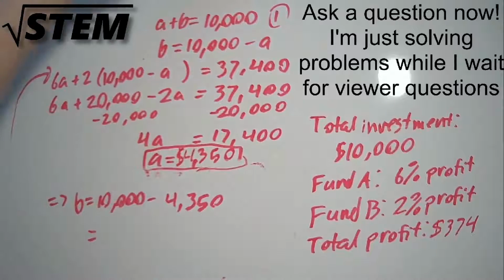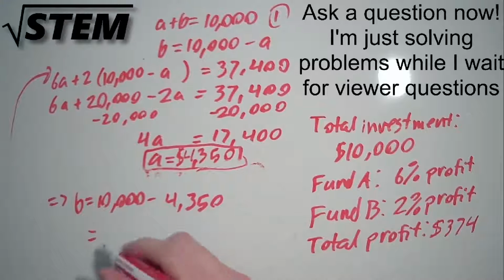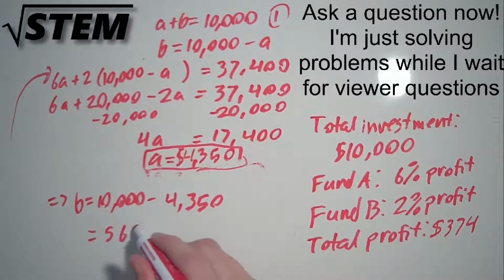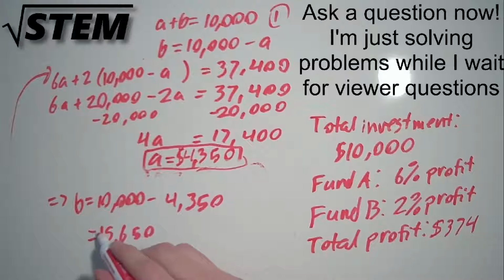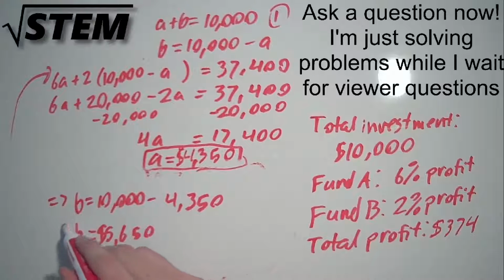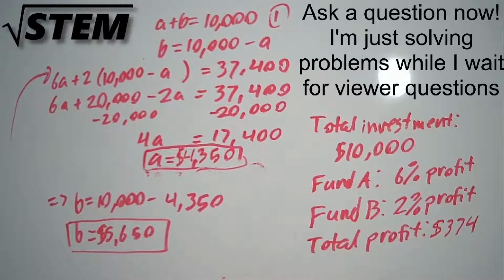And that should be 5,700 something. Nope. 5,600 something. 5,650. So we invested